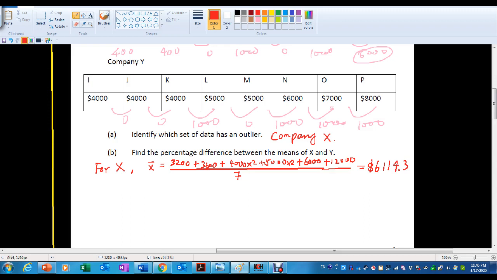Do you think that mean is reasonably central of the data? I don't think so, because most of the data, except two of them, are less than that, less than 6,100, right? Only two data are actually greater than that, so it's not at the central part of the data. For Y, the mean is,